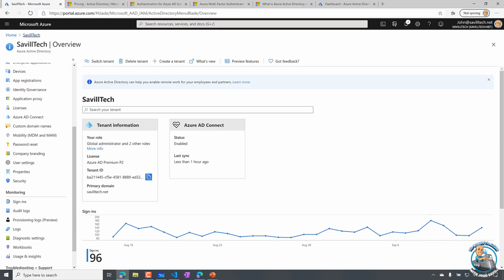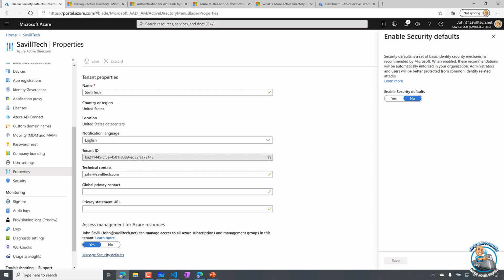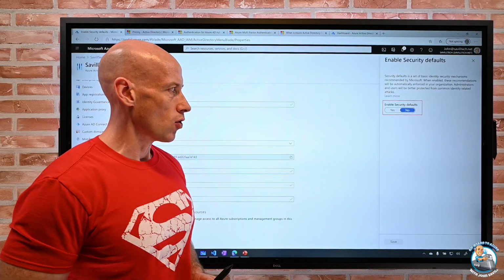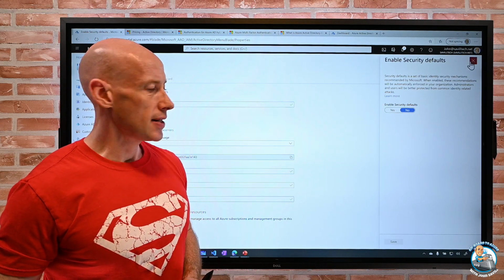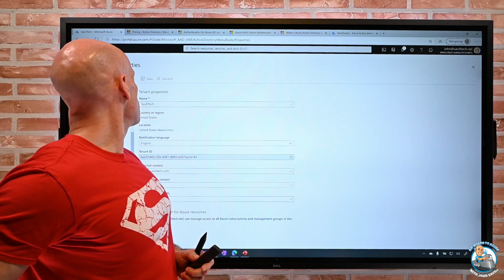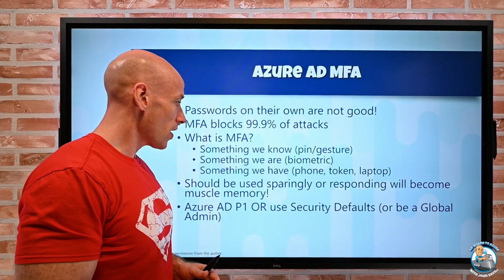But to actually turn on the secure defaults, let's try properties. We'll get there eventually. Manage security defaults at the bottom. And that's where you can see on the right, I've got this enable security defaults. So over here, I could say, yes. Now again, if I have P1, I'm not going to do this. I'd much rather use conditional access to drive MFA. If I only had free, then obviously that's better than nothing. So I could turn on those security defaults so people would at least be able to do a very basic set of circumstances